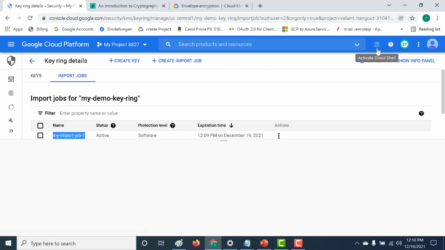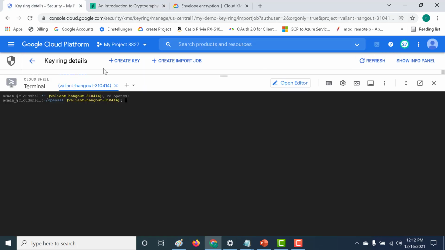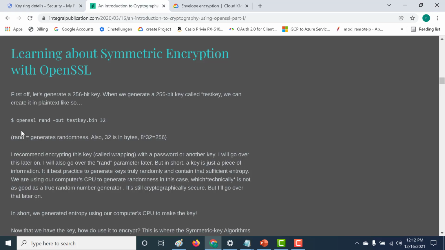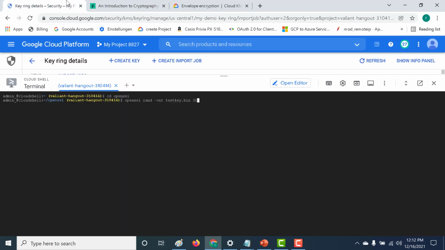So let's click on our Cloud Shell and let's run this particular command to create a key. Let's do an ls. So you can see that our key has been created. Okay, so once you've done this, the next thing that you need to do is run a gcloud command to import this particular key. So let's copy this particular key. You need to use it in a gcloud command.